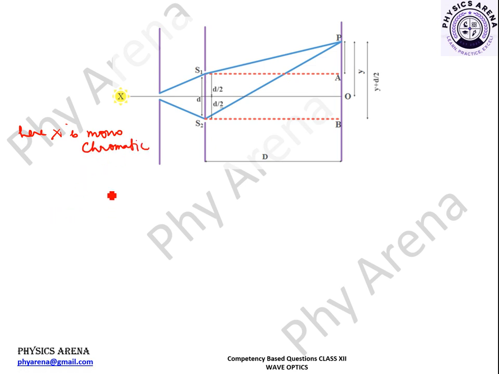Now we can write the distance y on the screen from the central maxima in terms of path difference. So the path difference between the two waves coming from S1 and S2, and when they are reaching point P, it can be written as S2P minus S1P, and this path difference we have obtained as